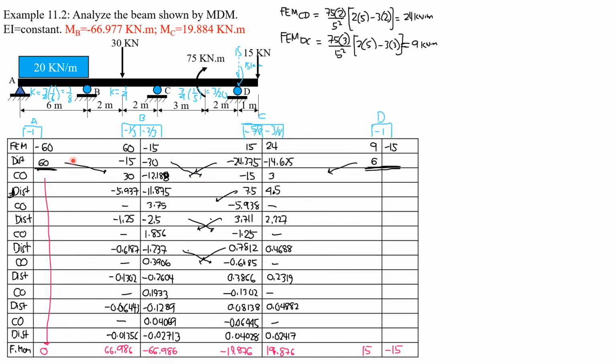So this is now the tabulation. The distribution factor of A, by experience, because there's only one member attached to that and it's free to rotate, is -1. And I hope that you know the reason already why the distribution factors here are changed in sign to negative. That reason is so that when you distribute the unbalanced moments, you don't need to change the sign. So that's the purpose. So automatically, after you distribute the moments, whatever the resulting sign, you just carry the signs.